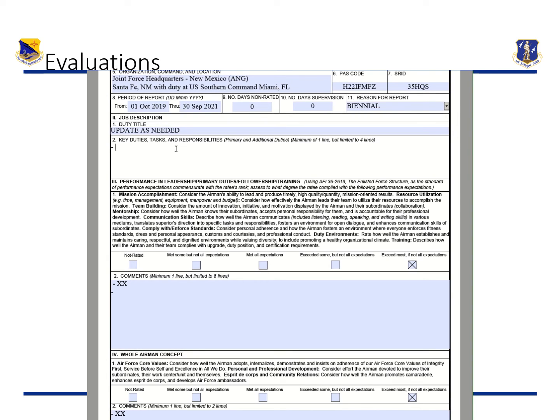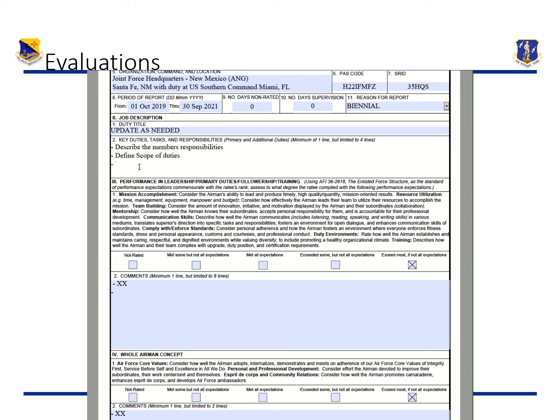So again, key duties are supposed to describe the member's responsibilities. And then in these key duties, we also are able to define scope of duties. Again, very important. And these are going to be in bullet format as well, but the only difference is they don't have to be in past tense. They can be in present tense.